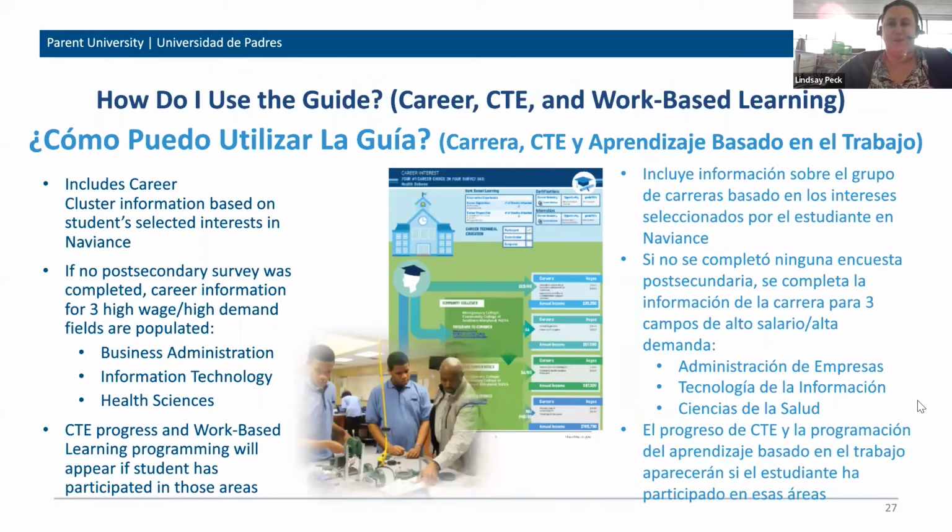All right, we're getting to near the end. The next few pages of the guide talk through a career, as well as, in the high school world, what students might be more familiar with as the words CTE, or career technical education, as well as work-based learning. Based on student interest that they fill out during a survey after they talk about their post-secondary plans,